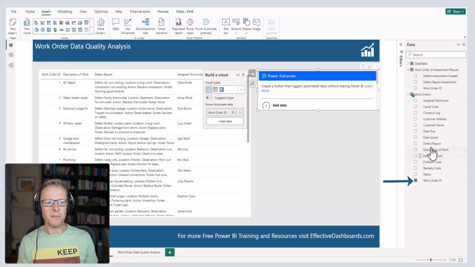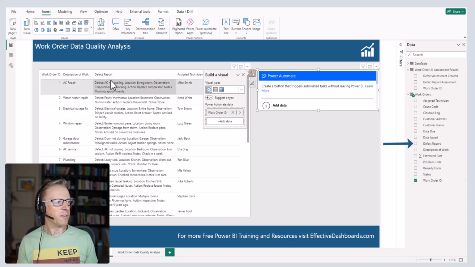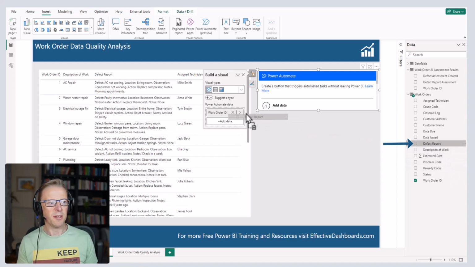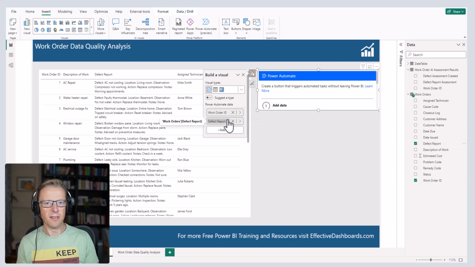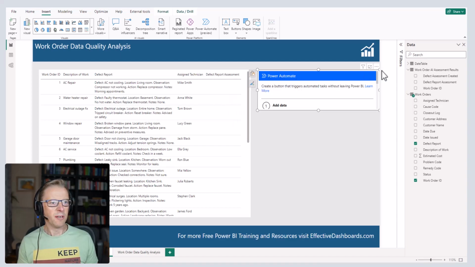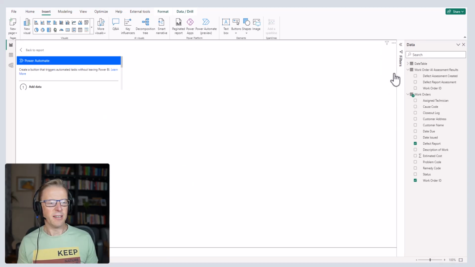And it's going to be the defect report. Okay, so this column here, that's the text we want to analyze, and that's the text we want to have available to us to pass across to the OpenAI model. So work order number and the defect report. Okay, so that's there now. And then we go into these More options here, and then Edit. And that then opens up